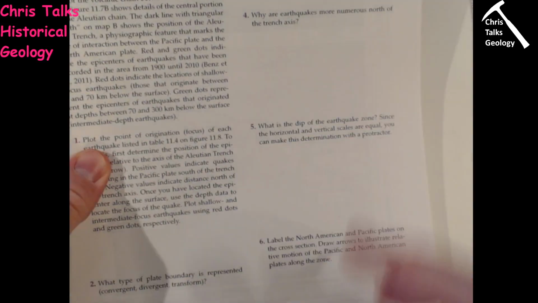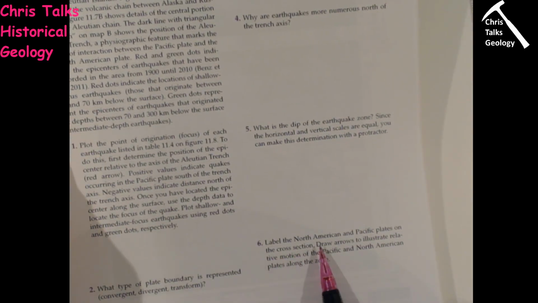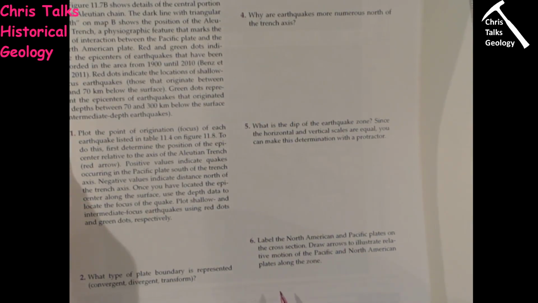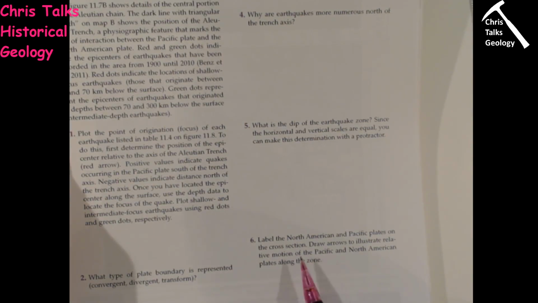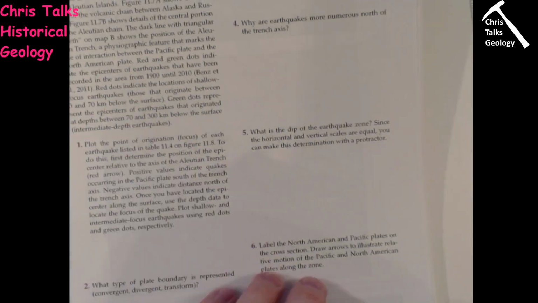And finally, for question 6, it asks you to label the North American and Pacific plates on the cross section. All right, now that's relatively easy to do. Next, it asks you to draw arrows to illustrate the relative motion of the Pacific and North American plates along the zone. Well, it just so happens